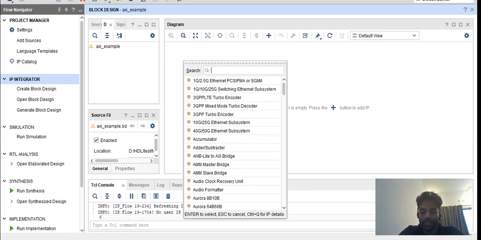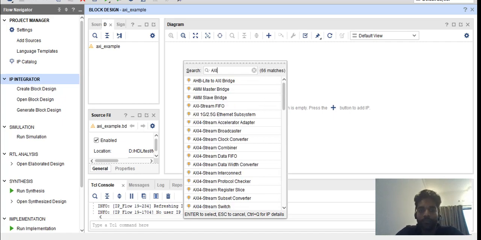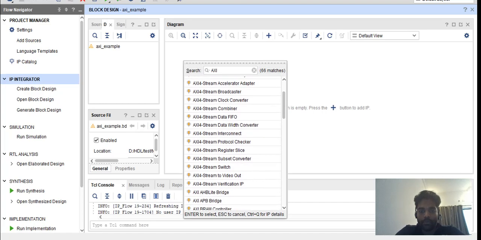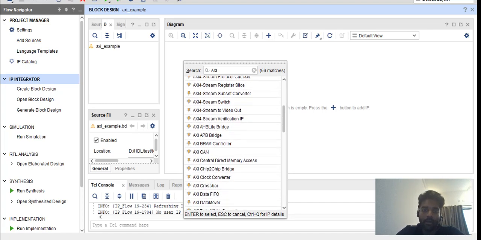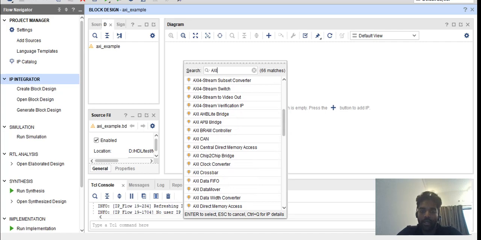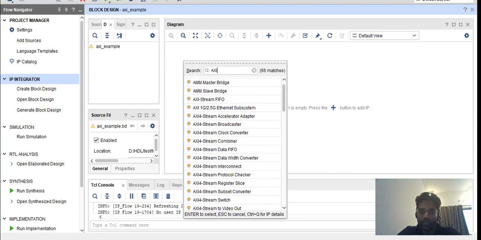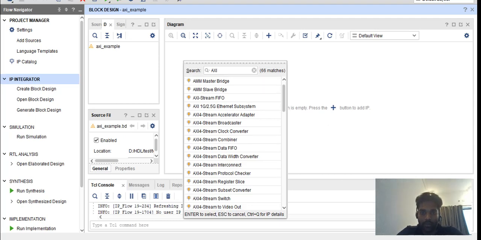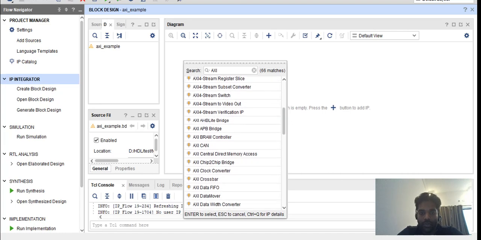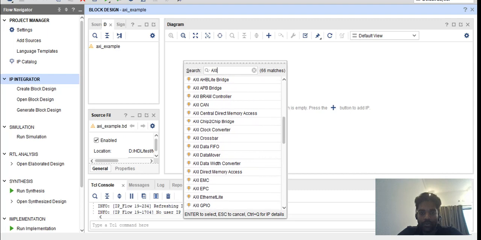If you look into this, we have many AXI based IPs here. Okay, so AXI stream and the AXI memory map. The channel we saw mainly for the AXI memory map. AXI stream is the low features, and this is only for the data streaming, which doesn't have the much features like the AXI memory map. Okay, so you can pick up any of the IPs and you can see the different interfaces are available there. And AXI BRAM controller, and